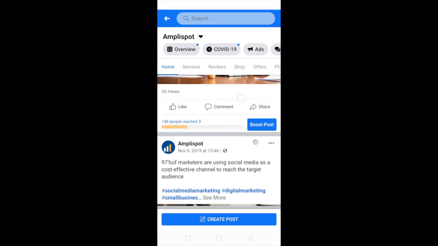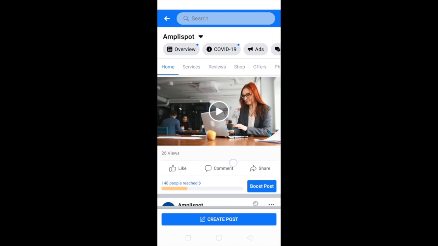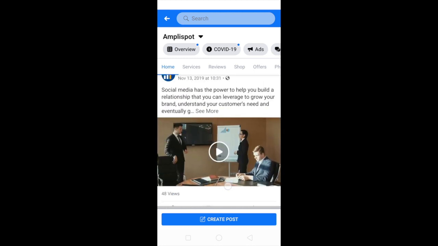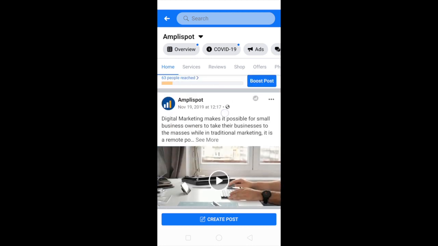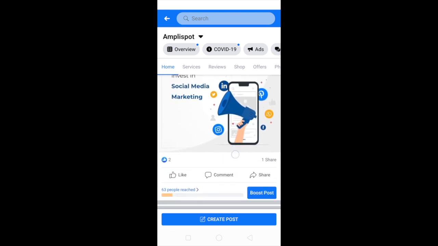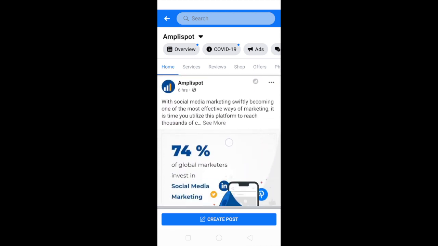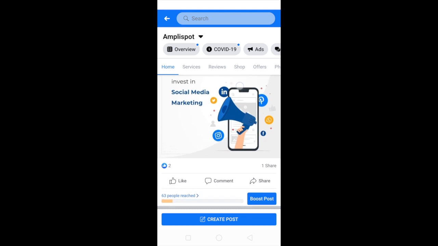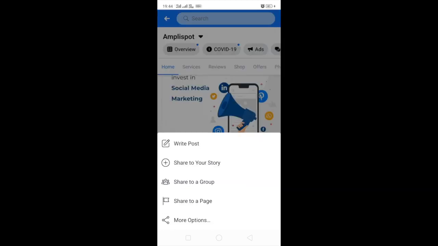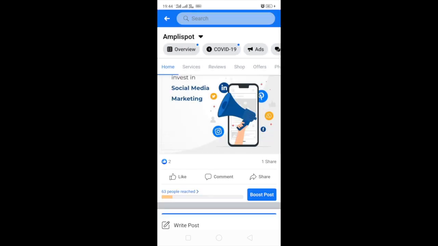Now, to share this post on your business page, it's very easy. So all you have to do is go to the relevant post that you want to share. If this is the post, for example, you can go through it, read the status message, see the post, and click on the share button. So here you will see a lot of options. Now, these options are specific to different aspects.